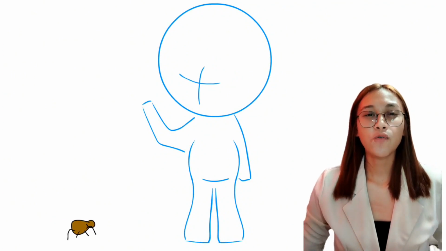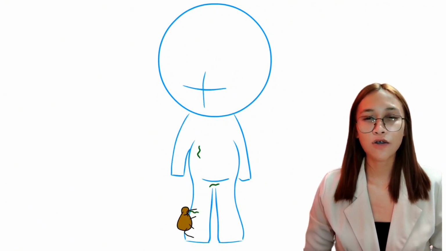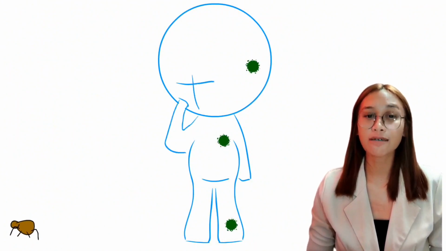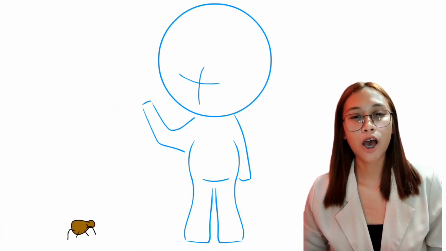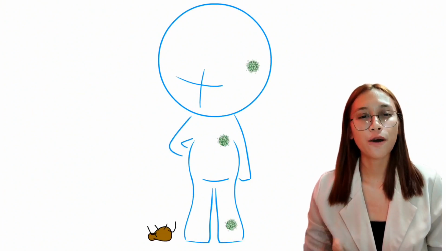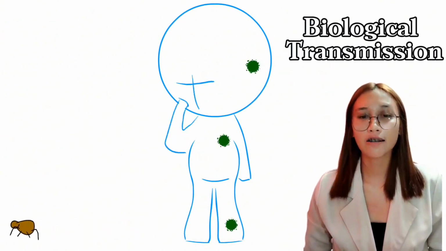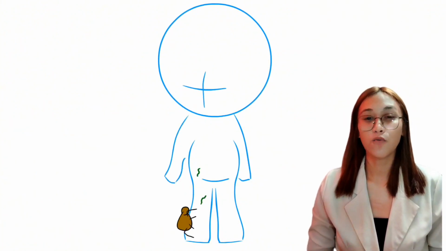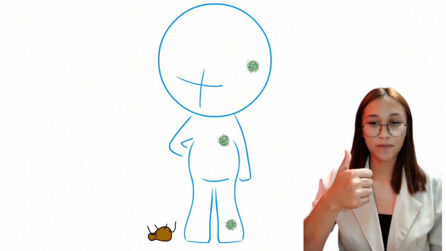We already know the morphological and taxonomic classification of ticks, as well as their life cycle. This time, we will tackle how ticks transmit diseases through a process known as biological transmission. Here's how it typically works. First,